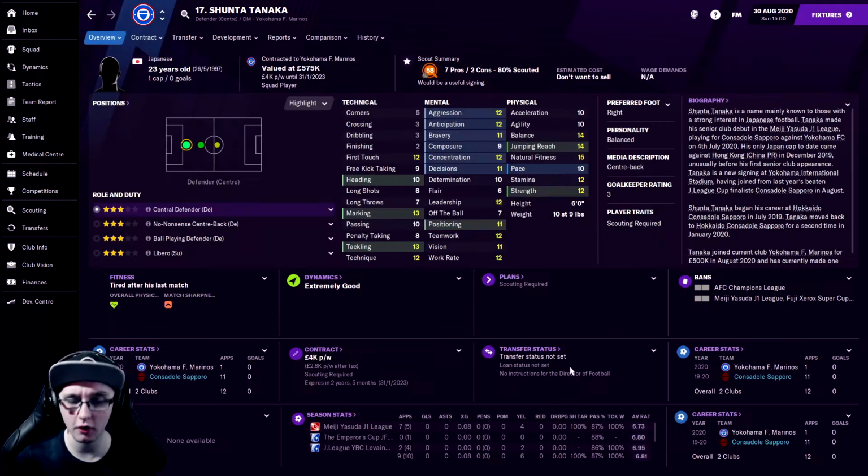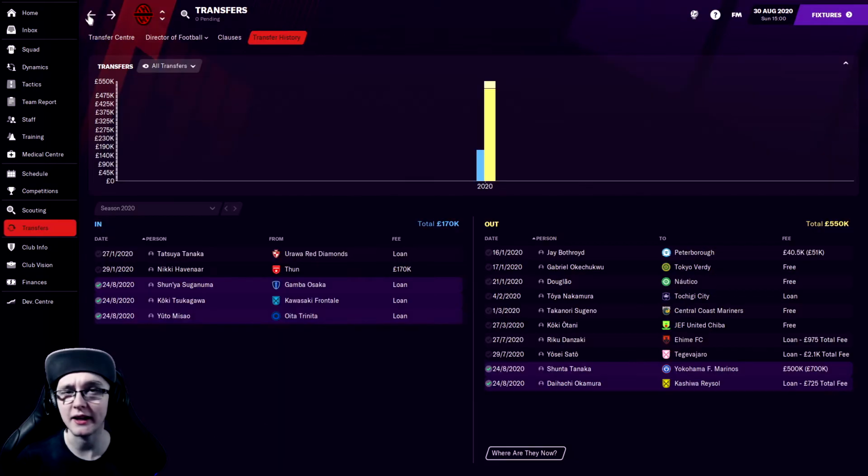If we have a quick look at Tanaka, he's valued at 575. So they've got a bit of a bargain out the door, but when he does play a few games for them, we are of course going to make a nice little bit of profit on him. The other one out the door is of course Okamura,